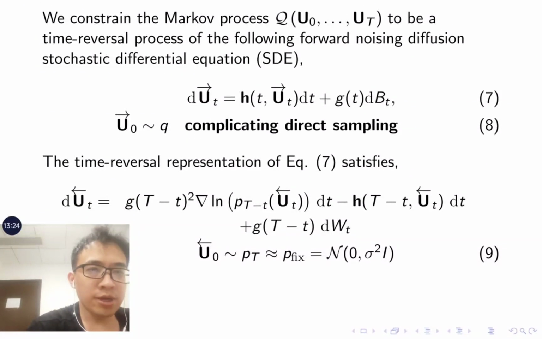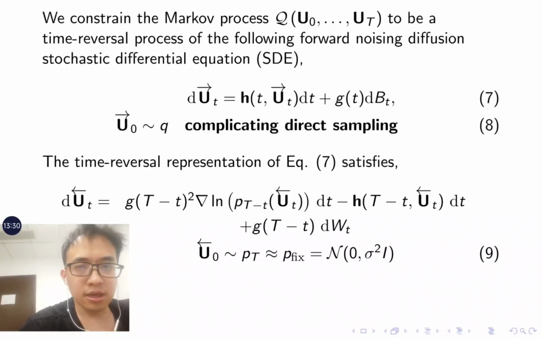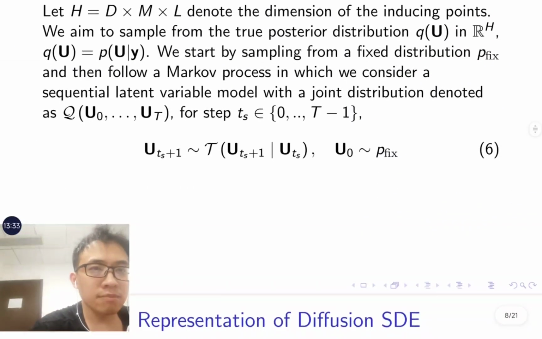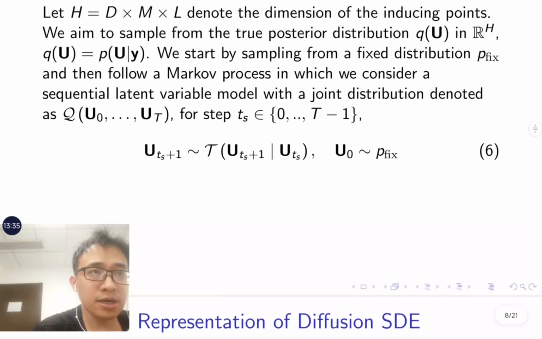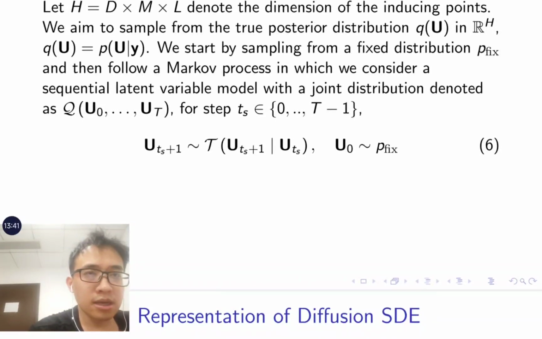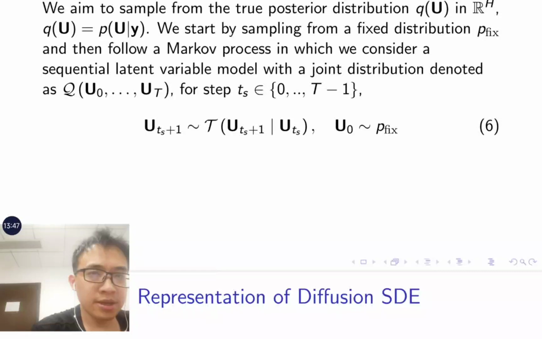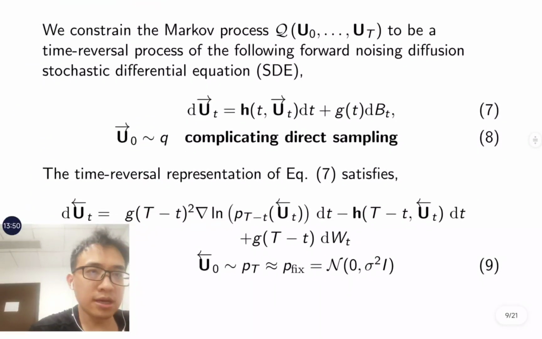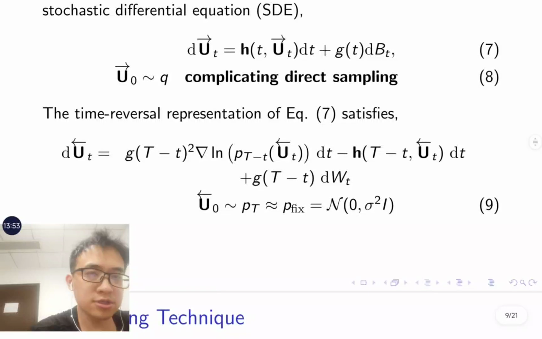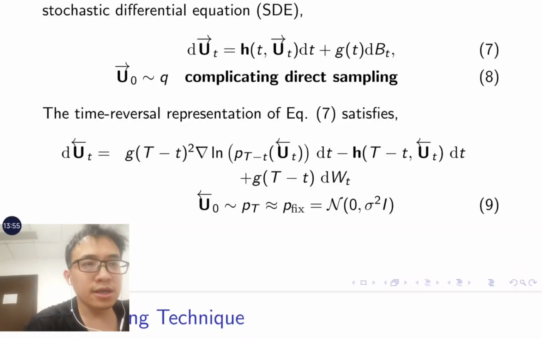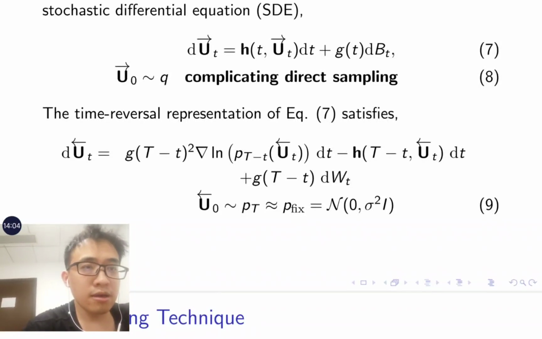Okay, and we use equation 9 to parametrize this Markov chain. Okay, because equation 6 is a numerical method to compute equation 9, and we also start at p_fix